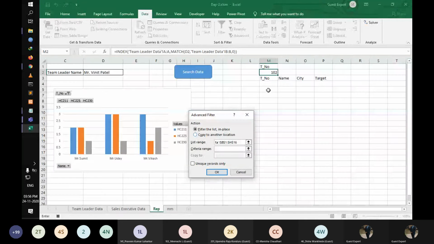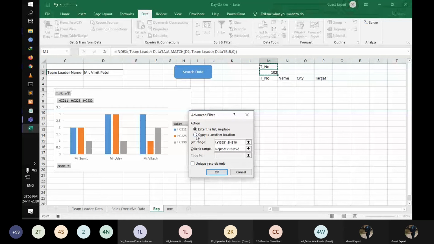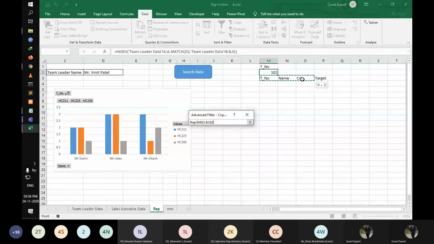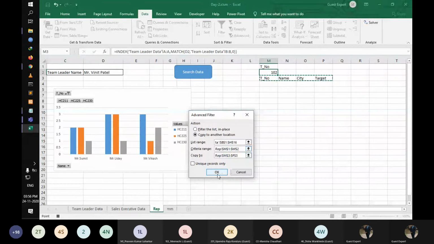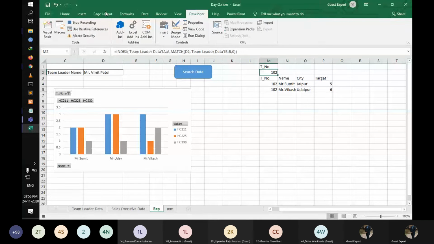Then the criteria range. This is the criteria range, and copy here, copy, and OK. Stop macro.